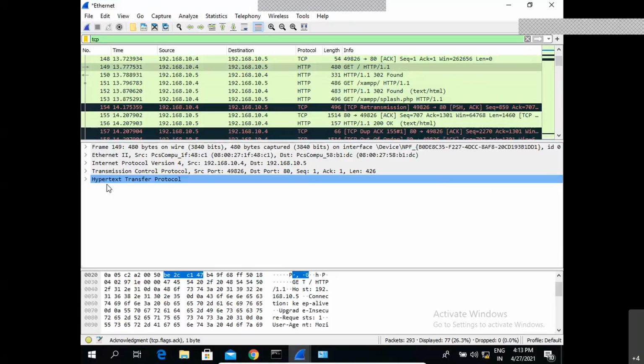Wireshark is the most widely used packet analysis tool, because whatever parameters we talk about with respect to the headers, we can visualize here. So if we want to do any research or analysis on packets, that can be made possible using this particular tool.